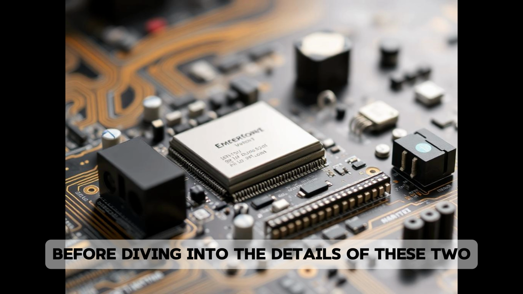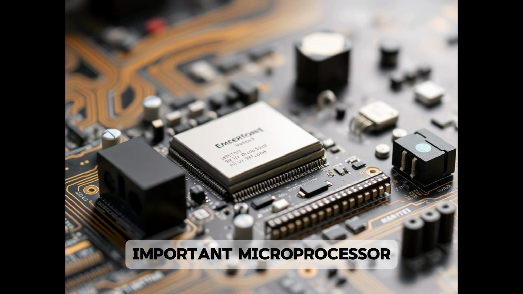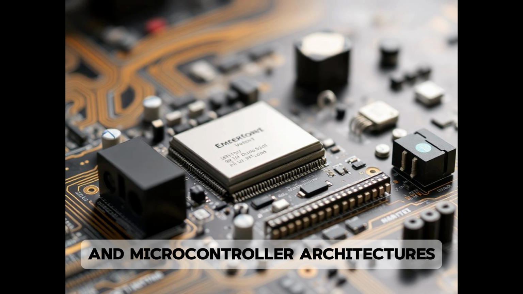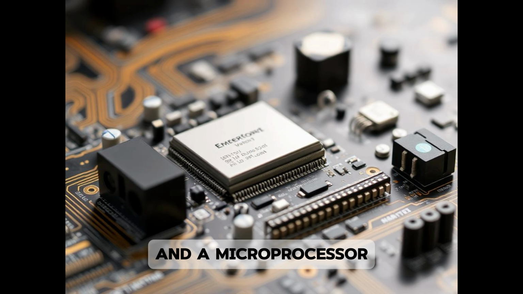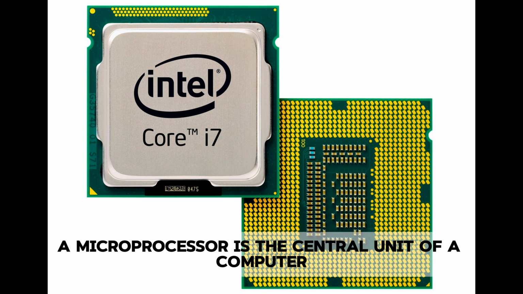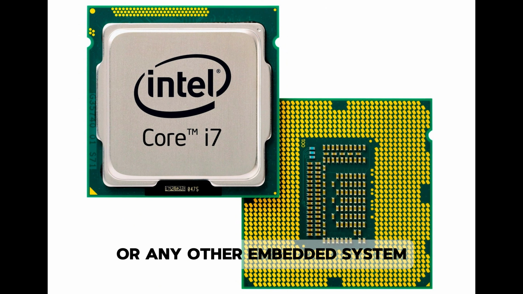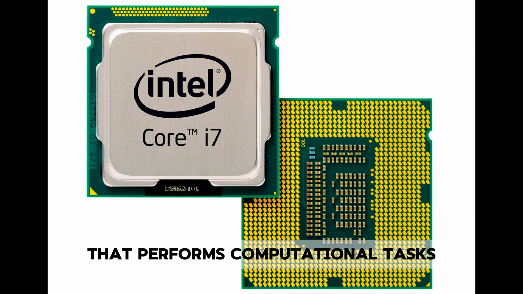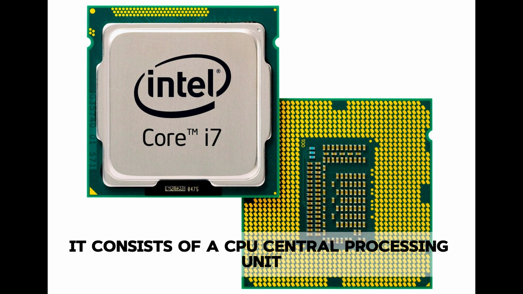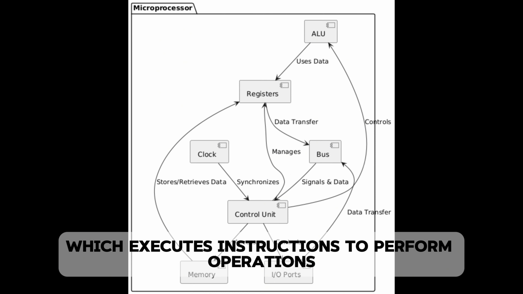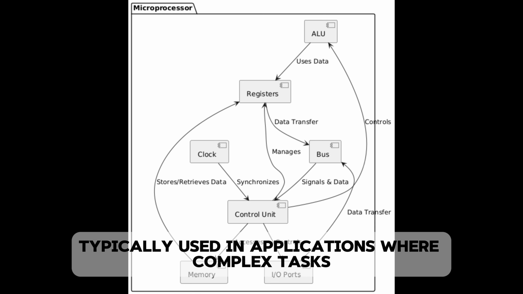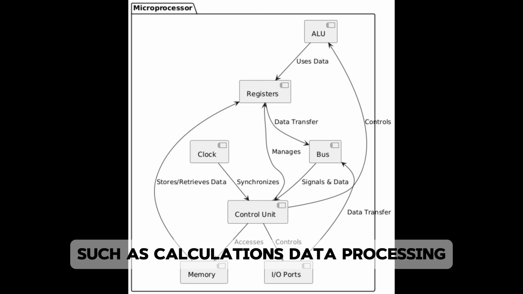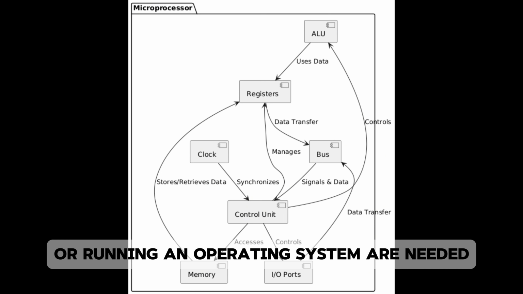Before diving into the details of these two important microprocessor and microcontroller architectures, let's first understand the fundamental differences between a microcontroller and a microprocessor. A microprocessor is the central unit of a computer or any other embedded system that performs computational tasks. It consists of a CPU, central processing unit, which executes instructions to perform operations. Microprocessors are typically used in applications where complex tasks such as calculations, data processing, or running an operating system are